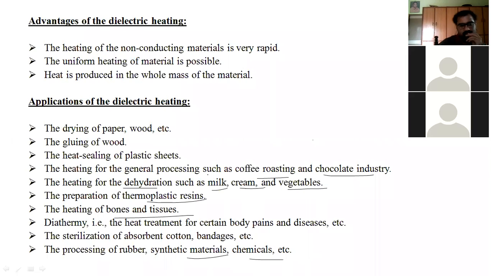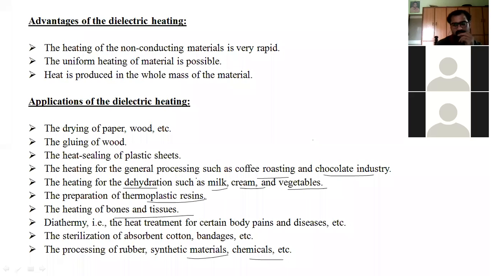Plastic is something we all know in our households. Each and every one of us at least uses plastic stools or plastic chairs. There are companies like Nilkamal, all those things, which produce products made of plastics. So in the industries, they are using these dielectric heating methods to get those products.